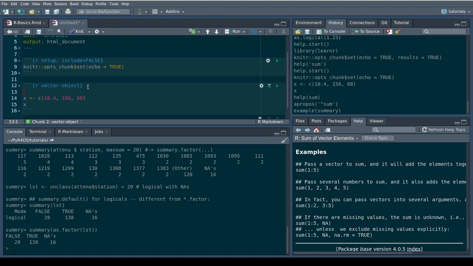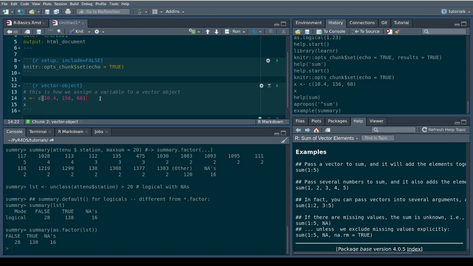So to write a comment, you say this is how we assign a variable to a vector object. This is a comment and it will not be executed.